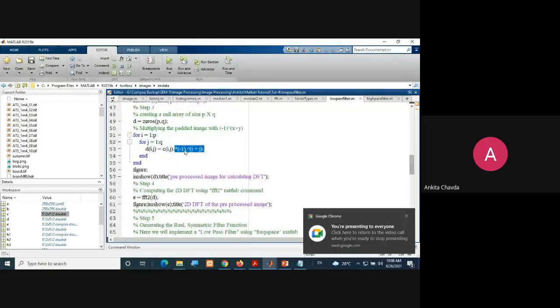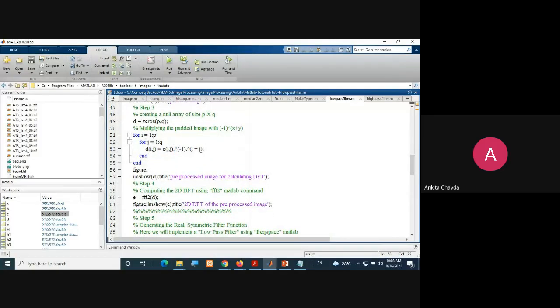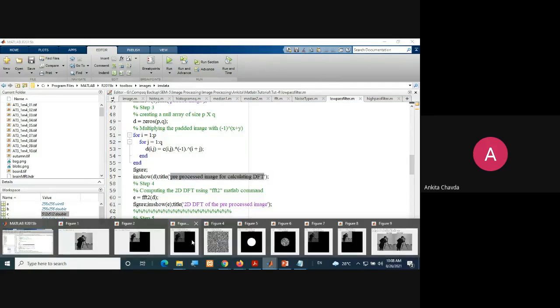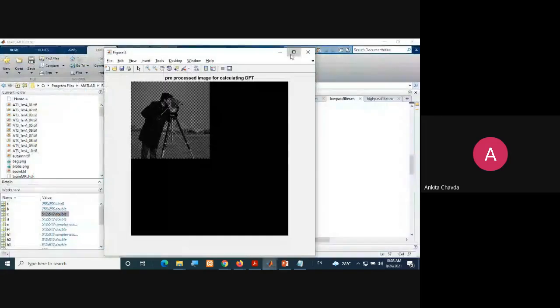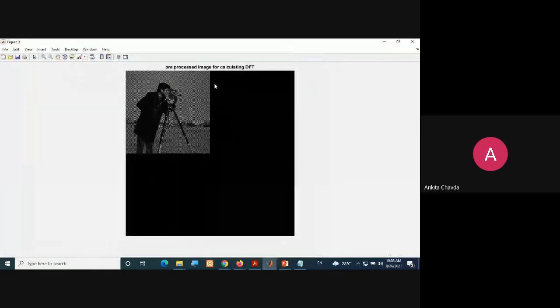And why have I used dot? Because it's element-wise multiplication. If you simply write this multiplication, it will do matrix multiplication, and that we don't want. Fine. After that, it will show you the pre-processed image. After multiplying by minus 1 raised to i plus j, you will get the image like this.